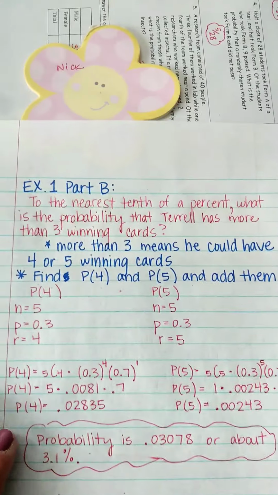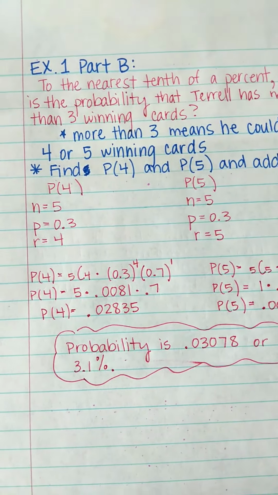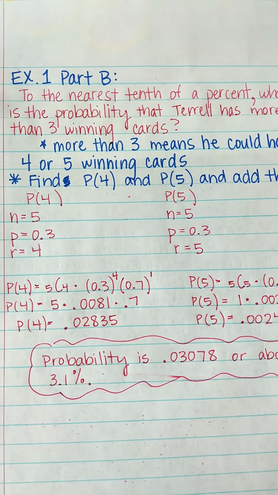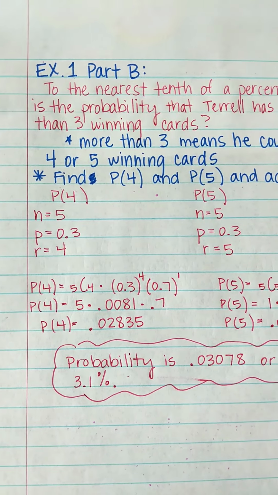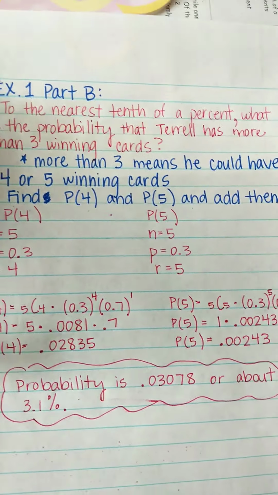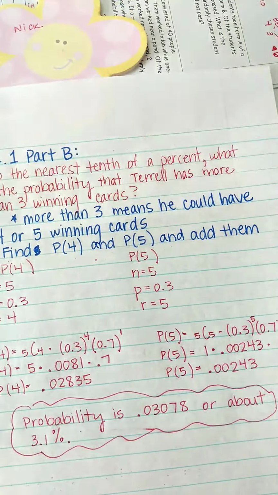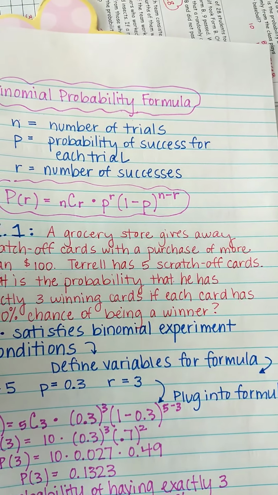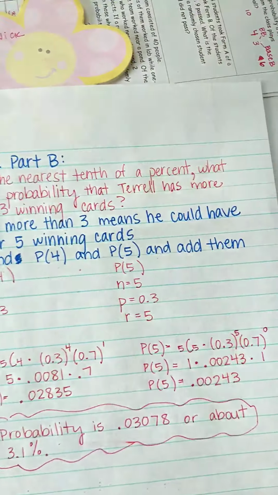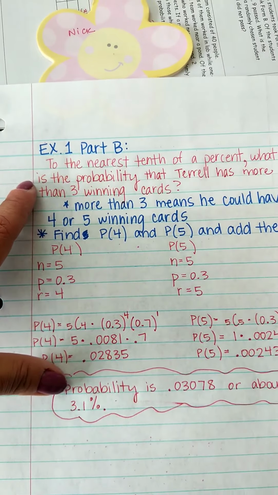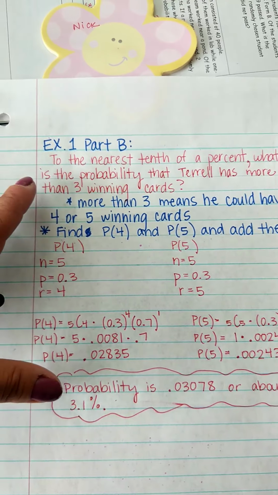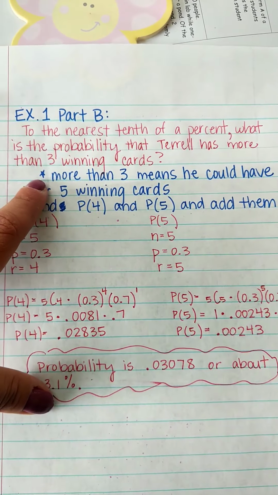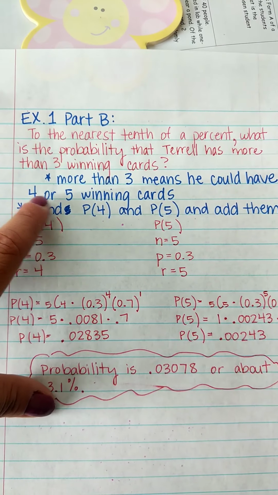Now, the second part of the Delta Math is at most or at least, the harder binomial distributions. So all that means is that now we have two different situations that we're going to combine. So what I mean by that is, this one says, for the same exact situation, so Terrell, he goes and he gets scratch-off cards, he has 5 scratch-off cards, they have a 30% chance of winning. We want to know, to the nearest tenth of a percent, what's the probability that he has more than 3 winning cards, okay? So here, if he has more than 3, that means he could have 4 or 5 winning